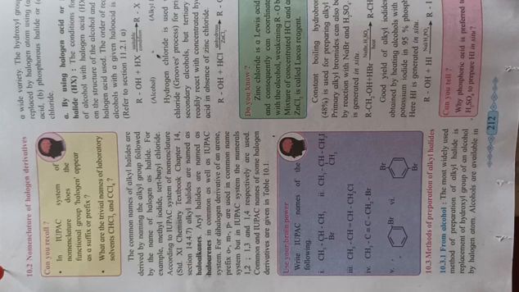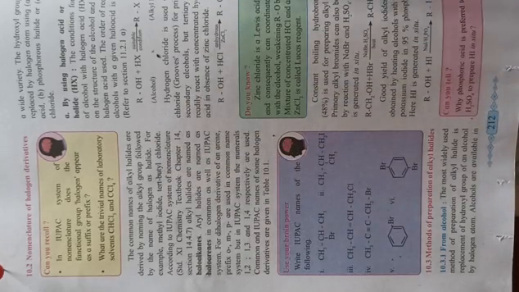So in the common name of monohalogen derivatives of alkane, that means alkyl halide, the prefix is the alkyl group, and after the alkyl group the suffix is the halogen atom as a halide. So the common name of alkyl halides is derived from the name of the alkyl group followed by the halogen as halide. For example, we can take the first example of